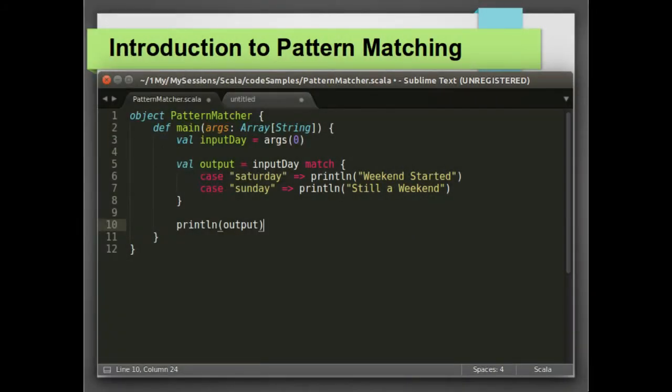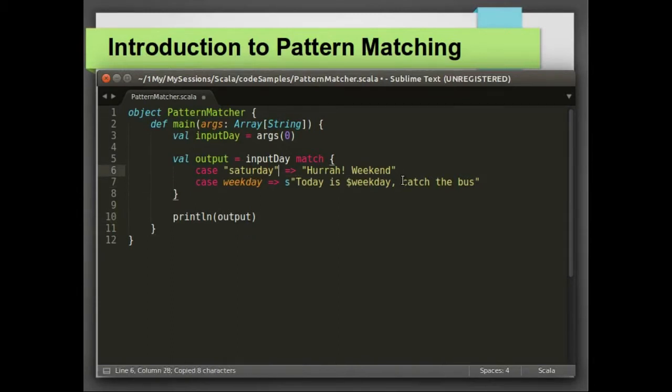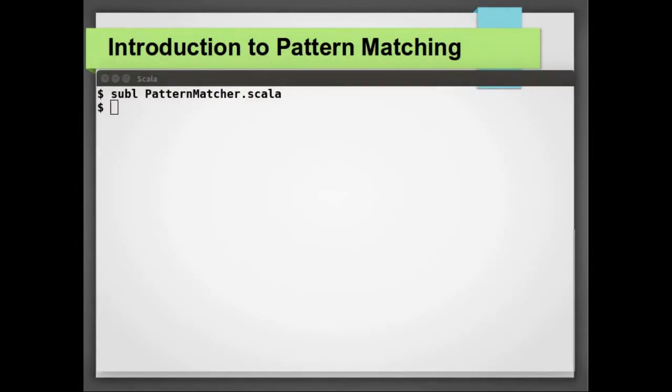So far, so good. As both Saturday and Sunday fall over the weekend, we want to combine both the days into a single statement. There are two ways of doing this: pattern guards and OR expression. Let's start with our usual input day. We will use the OR expression first. Notice how we have combined both Saturday and Sunday into a single case clause.